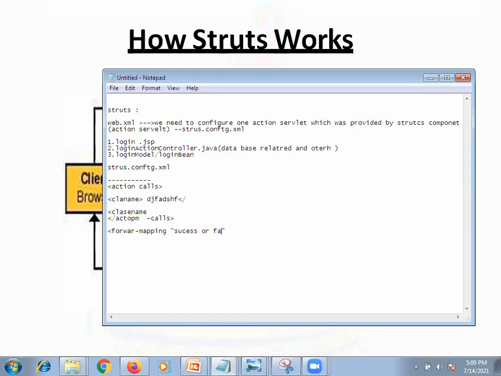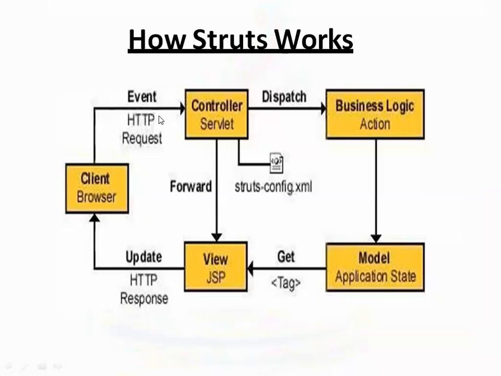Now the request came to the controller. This controller will read the struts configuration file. In this struts configuration file, based on our requirement, n number of action classes, models, and forwards we are going to include. When your server is starting, web.xml will be read. Inside the web.xml, we are configuring the action servlet. That action servlet will read struts-config.xml. For the classes we configured, it will create the objects and be ready to serve the clients.